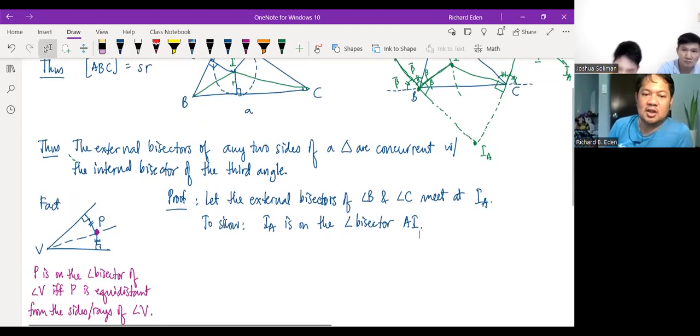Okay, but then using the fact in purple, this is equivalent